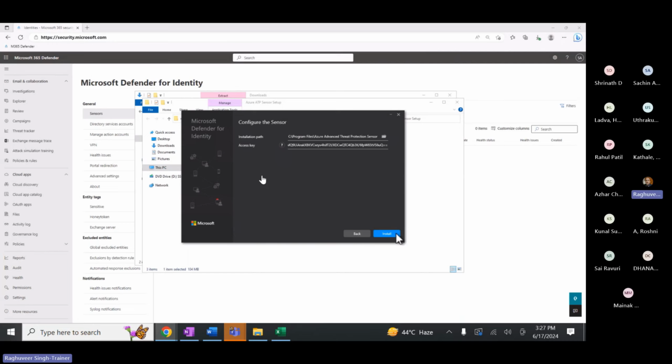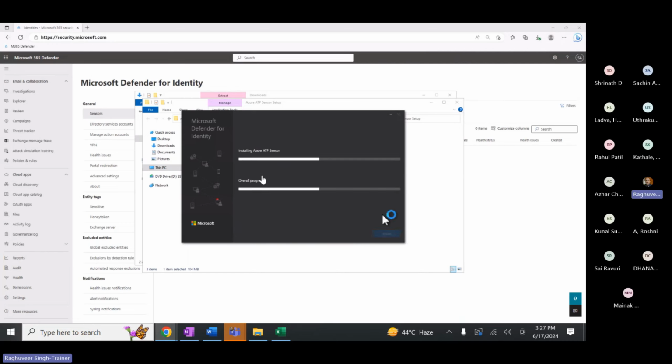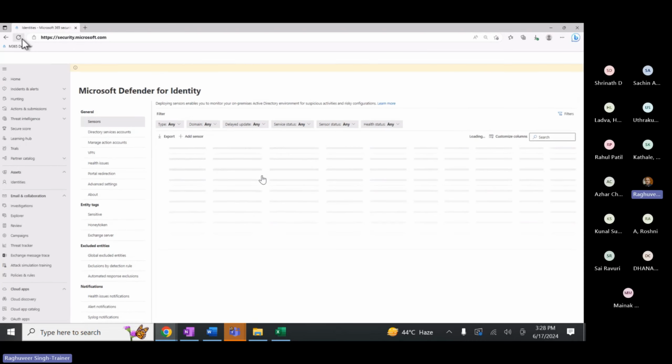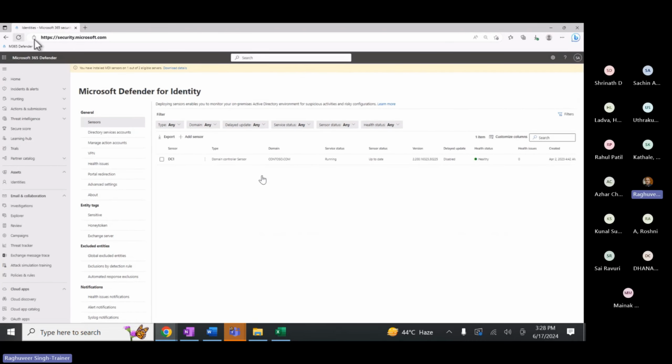It's at this point you'll need to input the access key we copied earlier. Click Install, and once successful, click Finish. Now navigate back to the 365 Defender portal and refresh the page. You should see an alert banner letting you know that MDI has been successfully installed on the